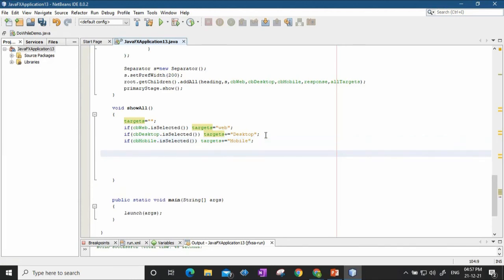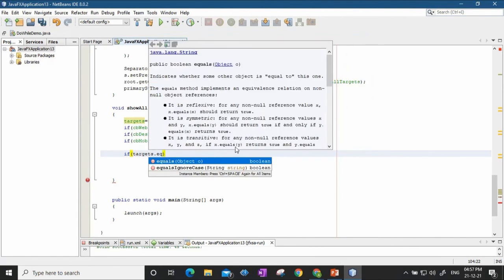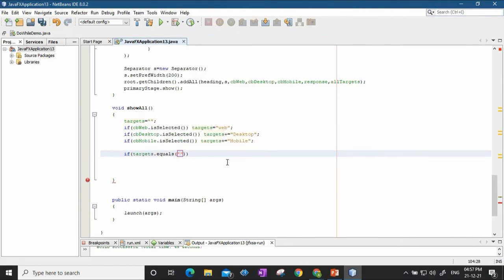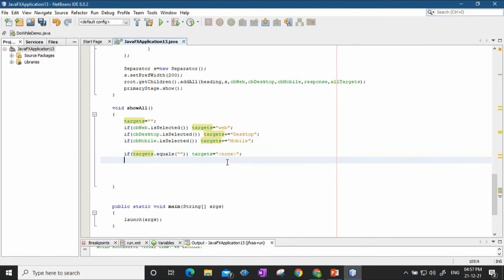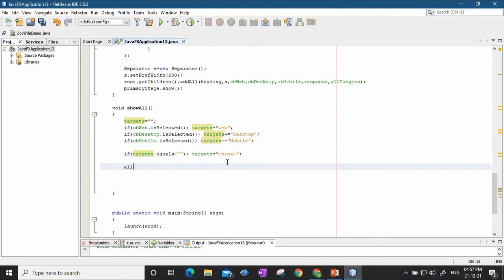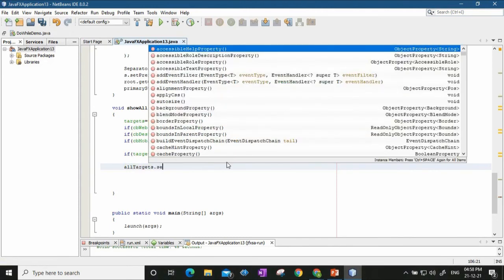Now if nothing is selected, then what will happen? So if targets dot equals null, then the target string will store none, and finally all targets, that's a label, all targets label will print set text.